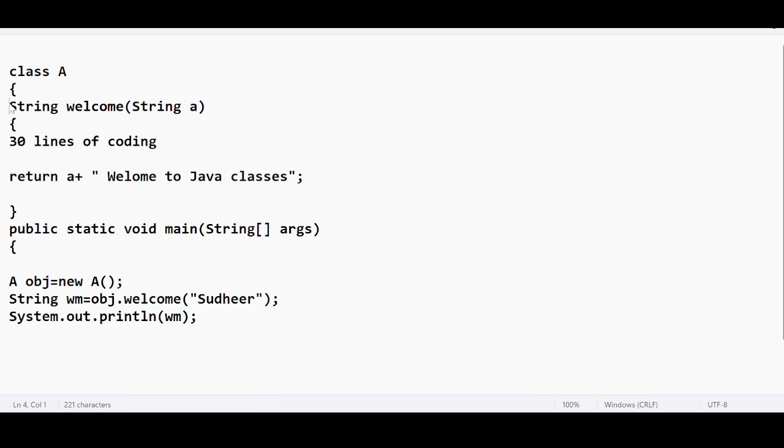Additional things that we will discuss, like what happens if you use public here, and what happens if you take exceptions here, will be covered in future topics. For now, this is the basic idea of how to design a Java method. By this I can say that the topic of